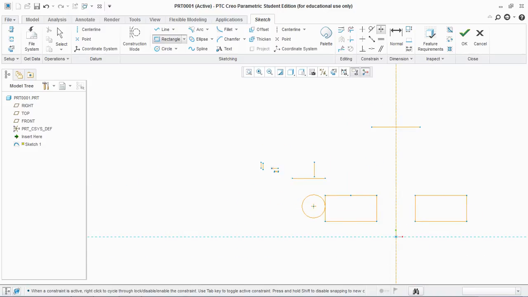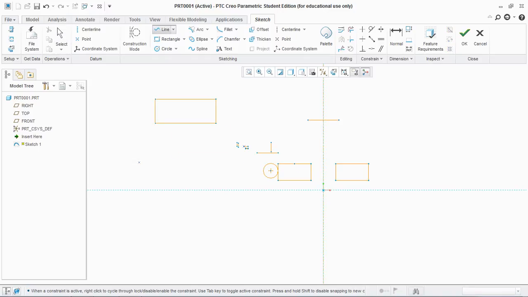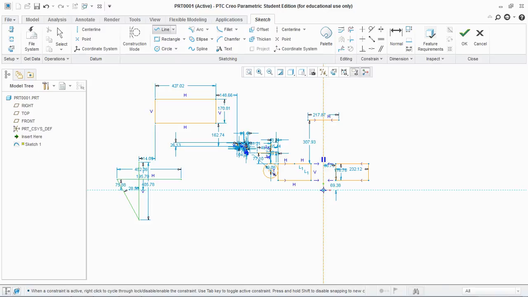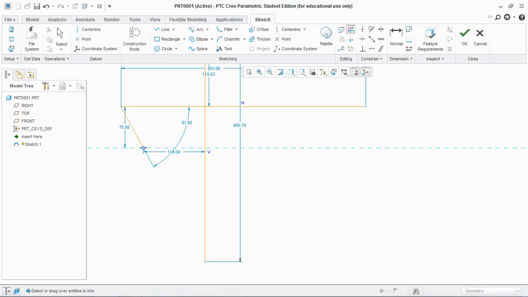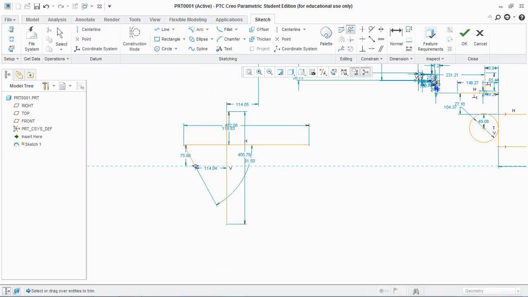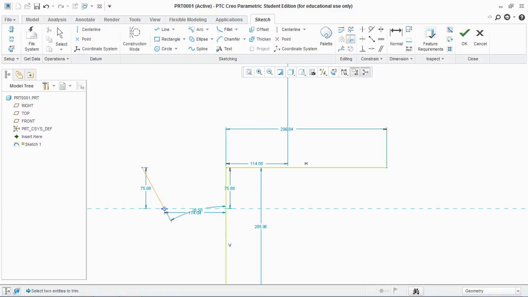Similarly, there is one more command, that is the corner treatment. For that I have to create two intersecting lines, first and second, and to delete a segment, you go to delete segment and click on the segment that you need to remove. Now go to corner and select the two lines whose corner you need to delete. Now go to delete segment and delete this section.